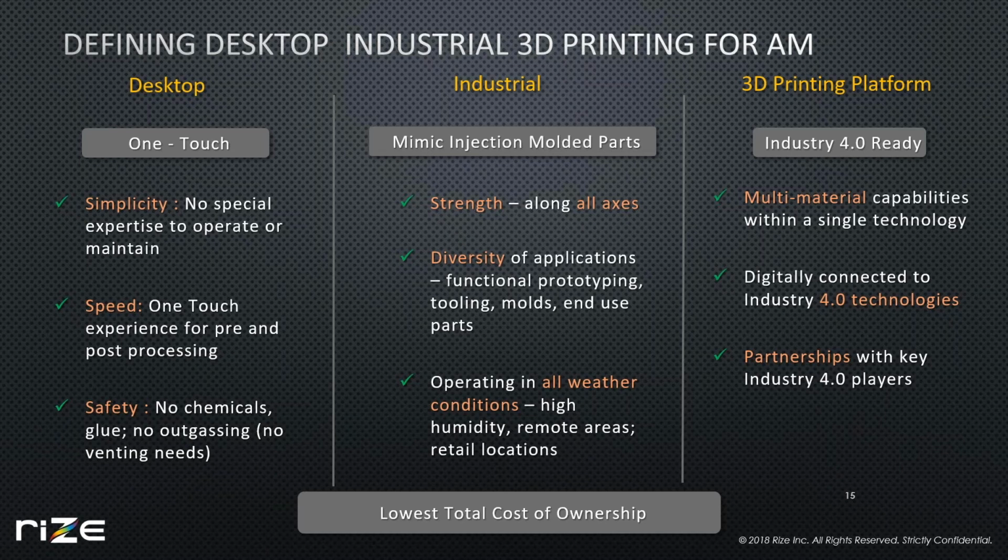Now customers are telling us it's between 50 and 100,000 parts that is low volume when you have a cluster of 3D printers printing parts every day, every minute. One touch because of simplicity, speed, and safety. We believe this is truly the only additive desktop manufacturing printer because of zero VOCs and ease of use. It mimics injection molded parts,